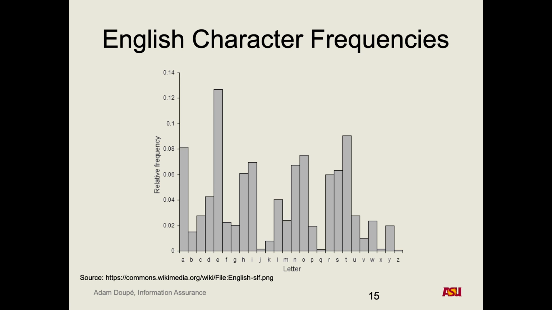Interesting. Have a variable shift, so maybe first letter's 3, next letter's 4, next letter's 5, keep going. Maybe based on position in the alphabet, you can shift it by different amounts for different letters in the ciphertext. So that can maybe address some of the problems that we were talking about, right? Which is,